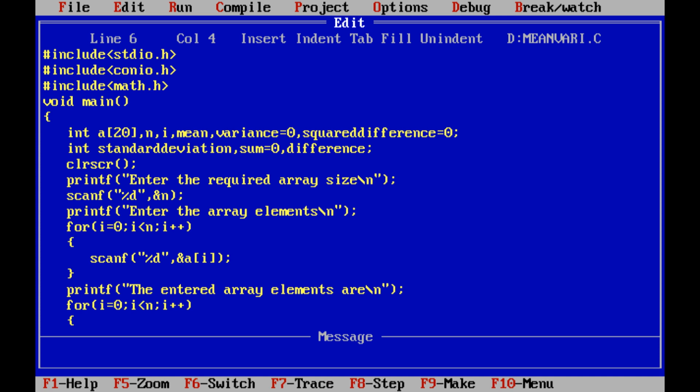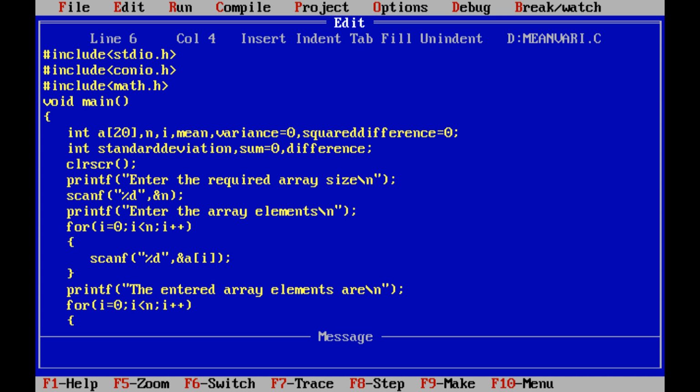Now we have to declare the integer variables. Required array size is 20. First we have to declare the following variables: variable n, variable i, variable mean, variable variance is equal to 0, square difference is equal to 0, standard deviation, sum is equal to 0, difference.